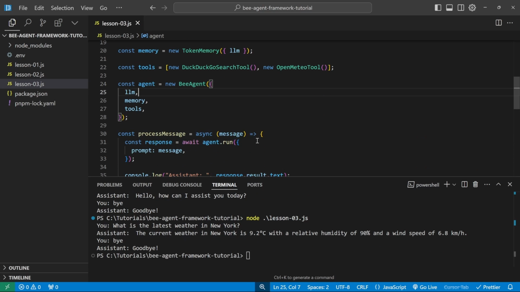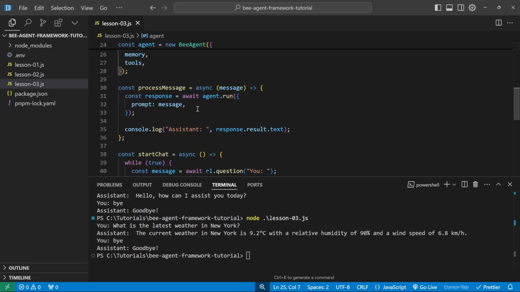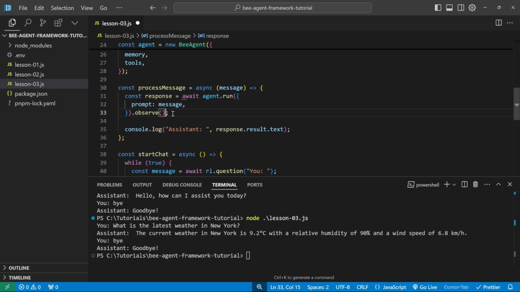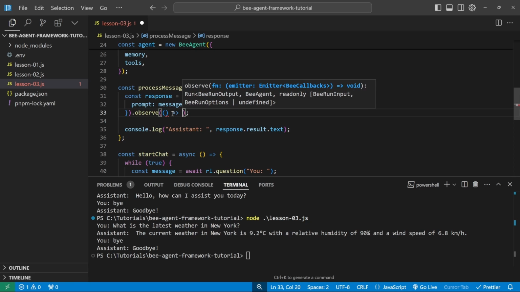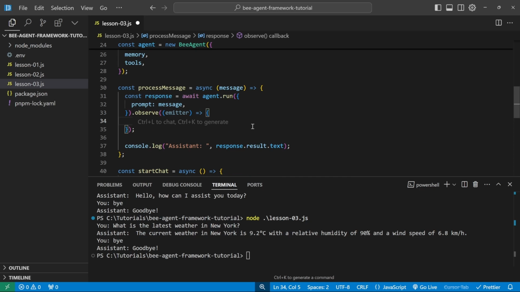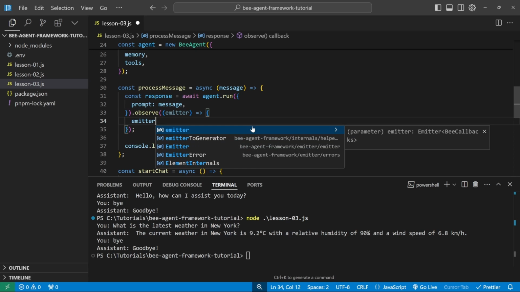So in our code, let's go to process message, and after this run method, we can append another method called observe, and this observe method actually gives us a callback function, and this callback function gives us access to an emitter object. And we can use this emitter object to see what exactly is happening behind the scenes with our agent. For instance, we can watch for certain events and then do something with the output of that event. For example, we can call